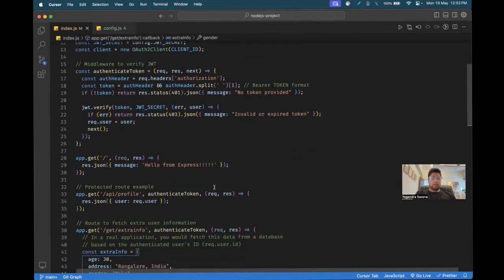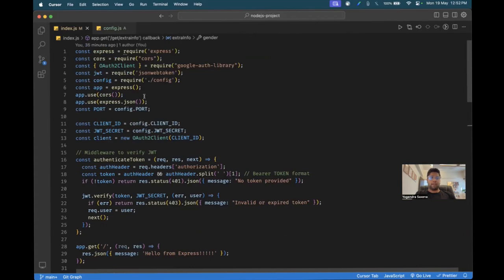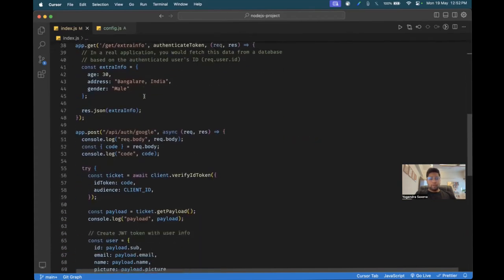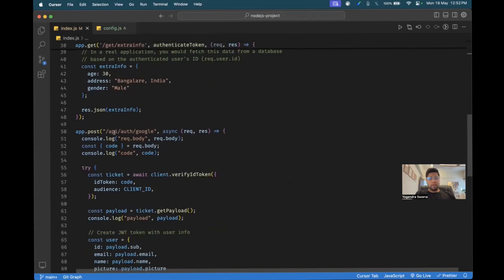It's a basic one, so I hope you know a little bit about it, so that I will skip the basic information about going line by line, right? So let's go to the route, which is this one. I made a post route where slash API slash out slash Google was the requested URL,